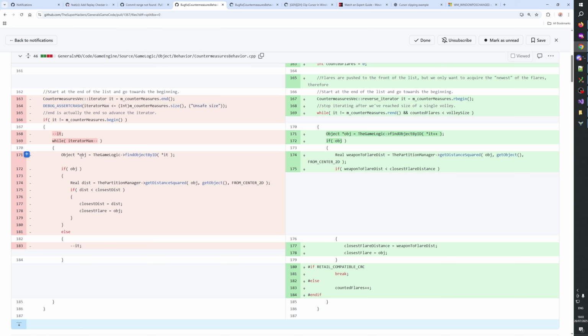And here, if the object is valid, it just keeps looping over the same object here, because the iterator is not being advanced in this branch. It's only advanced once, only here.